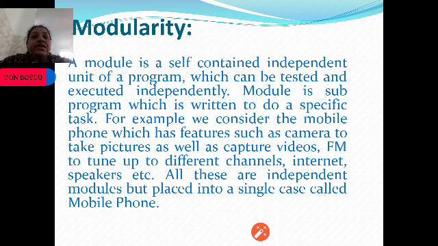Similarly, modularity means we can have many programs, each program capable of doing different tasks, and these programs can be put into a file called a header file. A header file can include many modules. Each module will do one specific task, and the modules which are doing similar tasks can be put into one header file. Likewise, in a mobile phone we have a camera, Bluetooth, and Wi-Fi which help us to do different activities, but they all are part of one mobile phone.